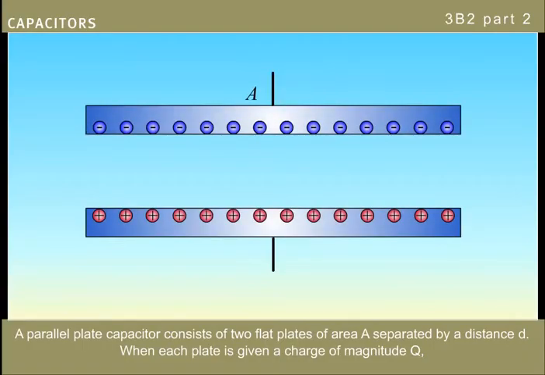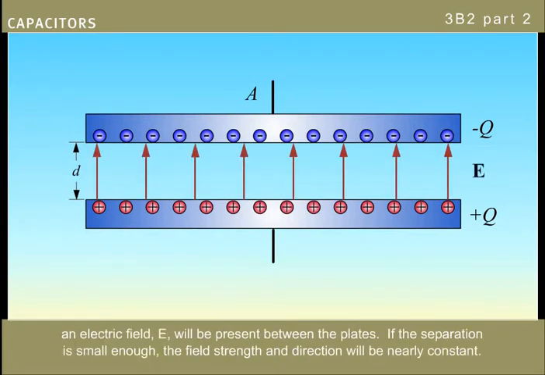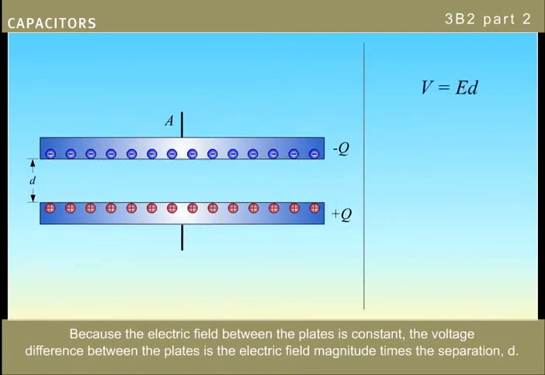A parallel plate capacitor consists of two flat plates of area A separated by a distance d. When each plate is given a charge of magnitude Q, an electric field E will be present between the plates. If the separation is small enough, the field strength and direction will be nearly constant. Because the electric field between the plates is constant, the voltage difference between the plates is the electric field magnitude